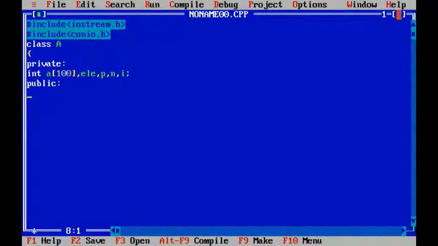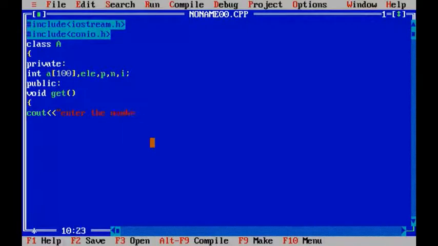then we'll write void get, and under this I'm going to write the body of this function. So in this section I'm going to take the values into the program. So I'll write cout, with the insertion operator, that is always used with cout. This is going to appear on your black screen, as you know. So cout, enter the number of elements,